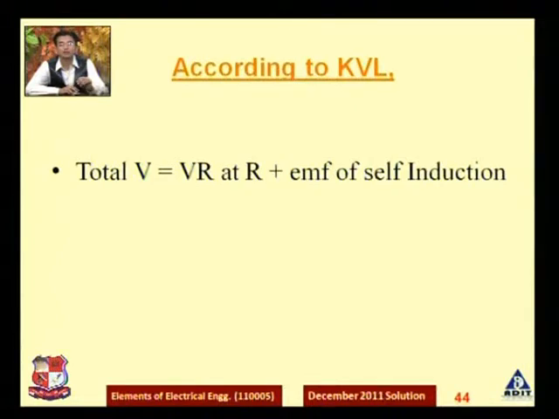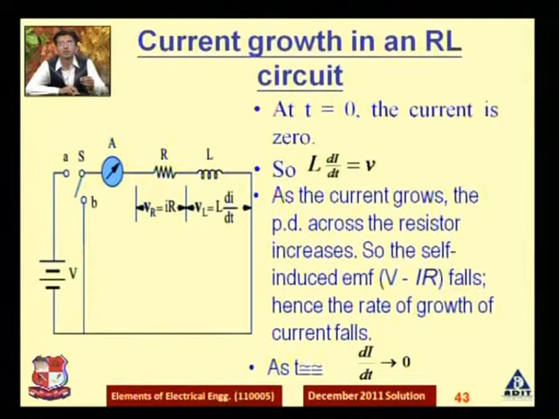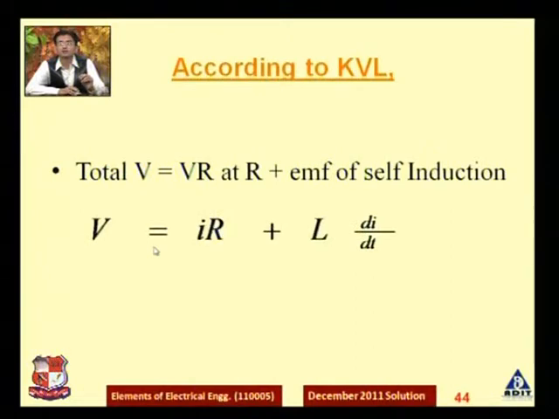So now what I will do, as I want to find out the rise of current in an inductive circuit, I will apply the Kirchhoff voltage law in this circuit. So what does the Kirchhoff voltage law state? We have already seen in question number 1 in today's class. It states that the voltage drop across the resistor and across the inductor, or whatever elements, is nothing but the algebraic sum of the total supply voltage. So I can write V is equal to VR plus VL.